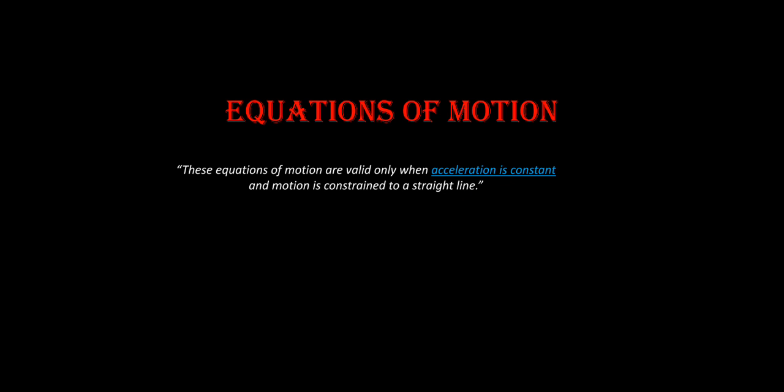if you see in real life, there is not any object that travels in a straight line and that has constant acceleration. You can take example of your vehicle. It will jump, it will take turn, it will increase or decrease its velocity. So why are we using this equation of motion then? Because